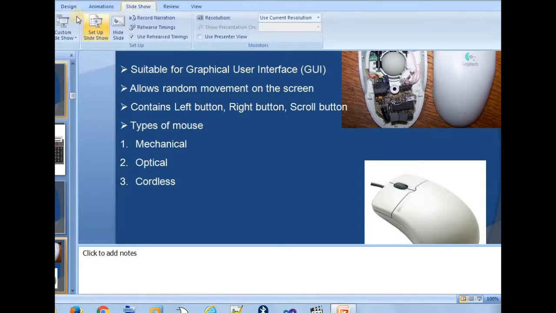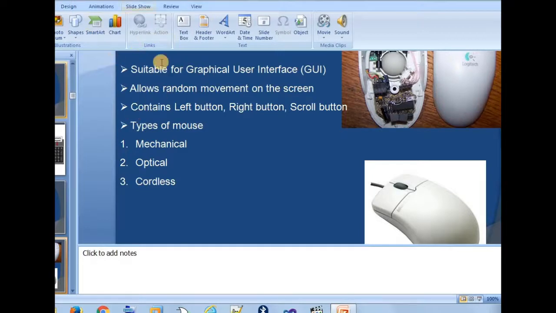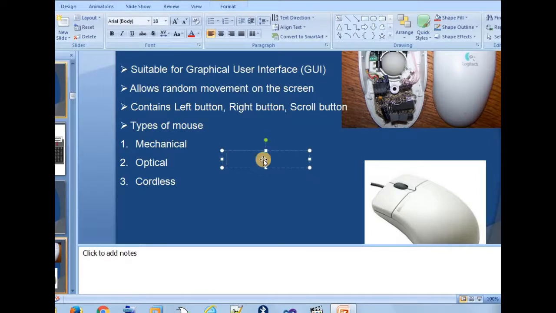Suppose I want to design, or insert a text box, I can directly drag it and put it here. All these operations are easily available. Whenever we have such operations, we call it drag and drop.